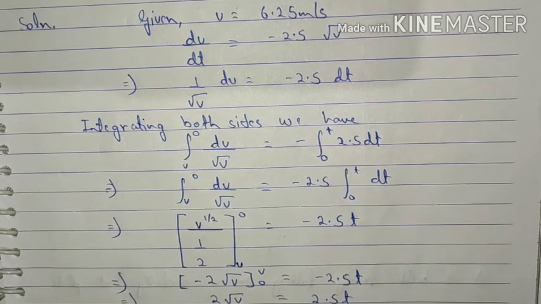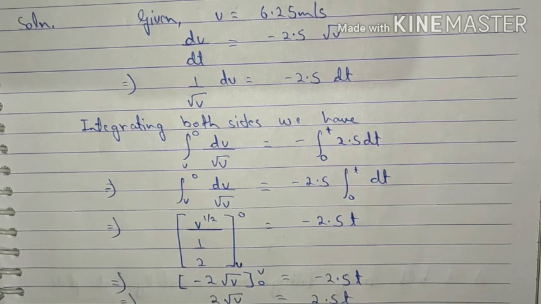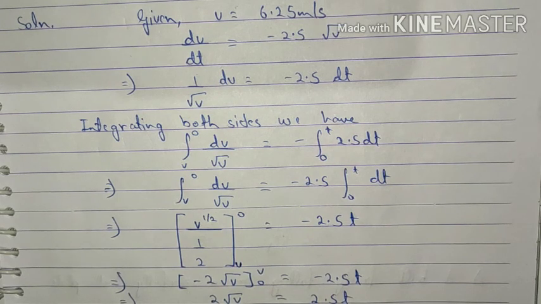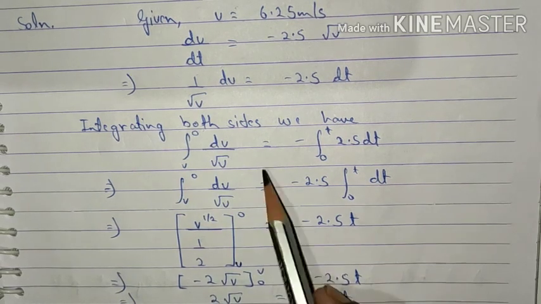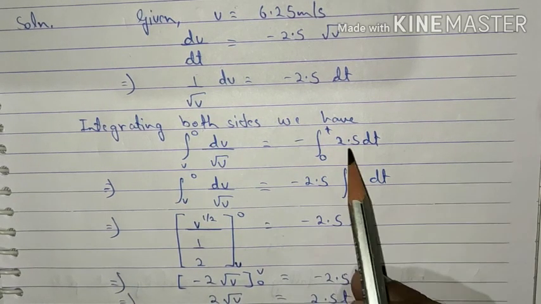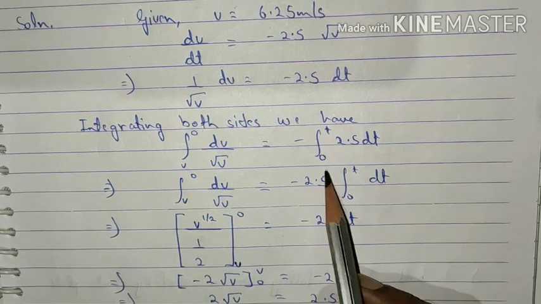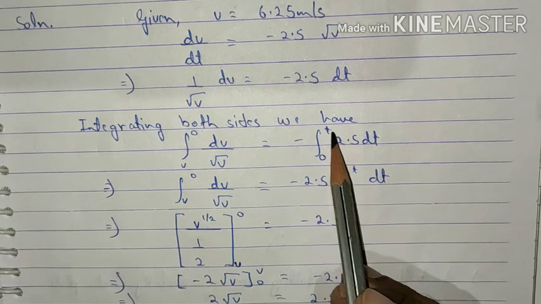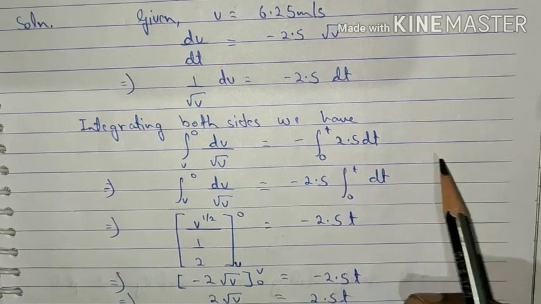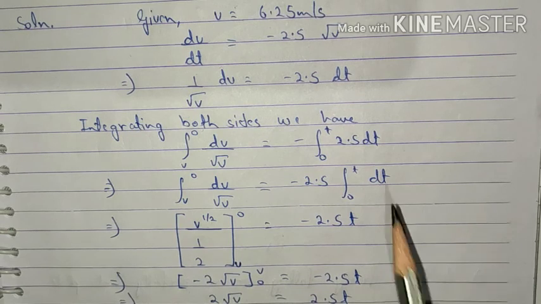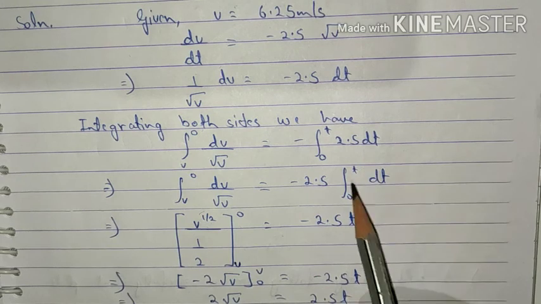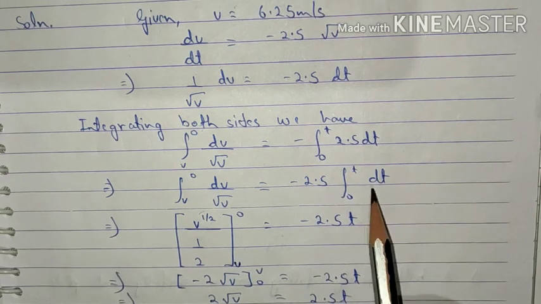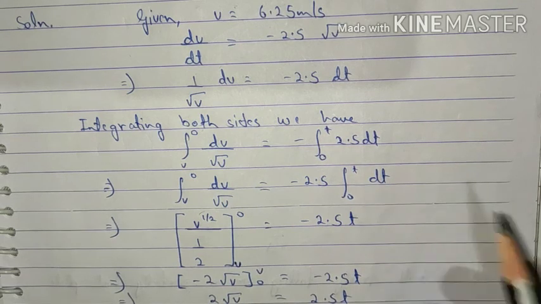Please note one thing over here. The object is decelerating and we are saying that the object is going to stop after deceleration. That means the final velocity that has been given to us is 0. So our initial value is v over here and the final velocity is 0 over here, which is equal to minus, we have taken this negative sign outside, integration from 0 to t of 2.5 dt. Again this 2.5 is constant, so it will move outside. This I have written as such, and we will integrate only dt over here between the limits 0 to t.